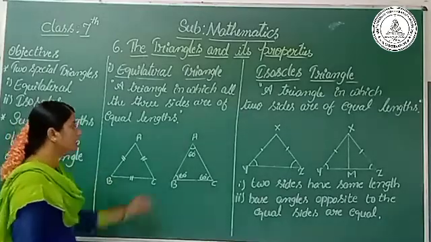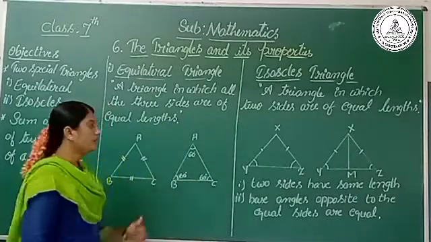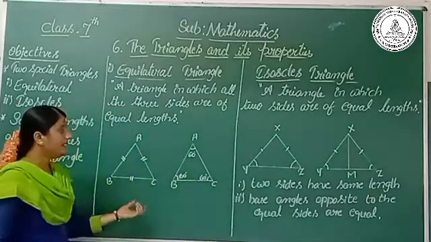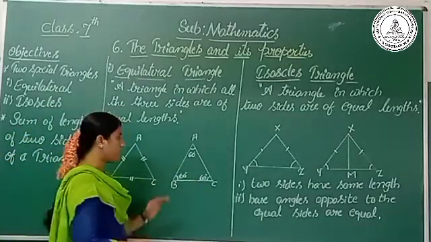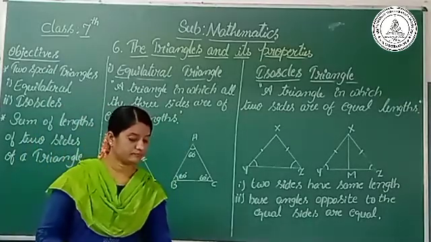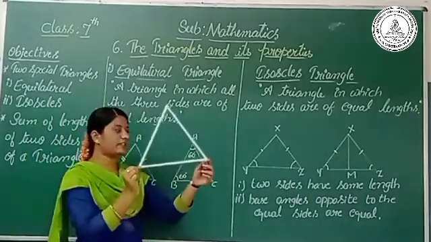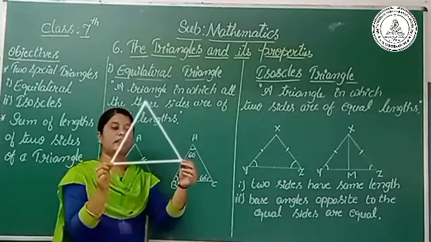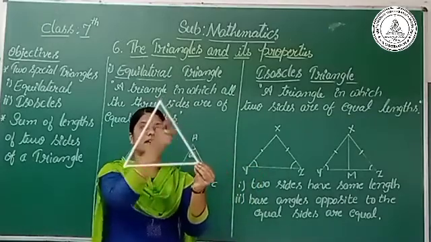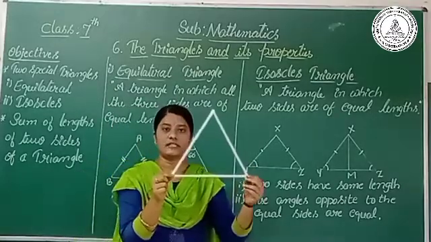And also you will see here that in this triangle all the angles measure 60 degrees. So in an equilateral triangle all the angles measure 60 degrees. It is the speciality of the equilateral triangle. So here I have made an equilateral triangle model. In this triangle all the sides are of equal length and you may measure these three angles using the protractor. You will get exactly 60 degrees.